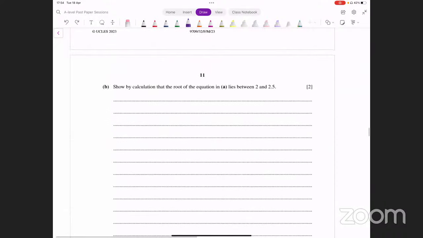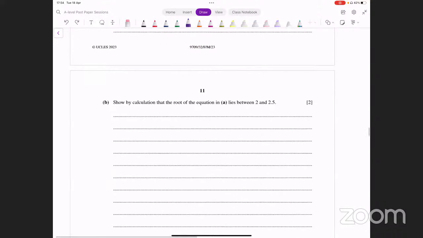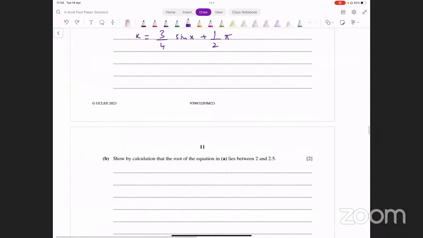Part B कहता है show by calculation that the root of the equation A lies between 2 and 2.5. Now, what's the equation that we're getting? It's x equals 3 over 4 into sine x plus half pi. अब ये प्रूव कैसे करते हैं कि दो पॉइंट्स के दरमियान में, दो नंबर्स के दरमियान में रूट लाई करते हैं? You have to first convert